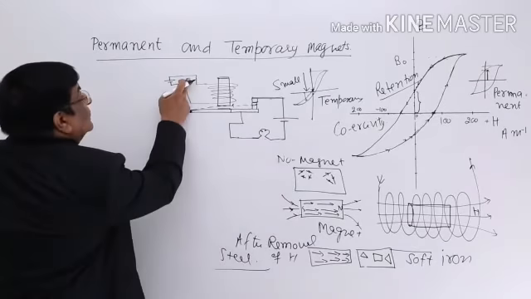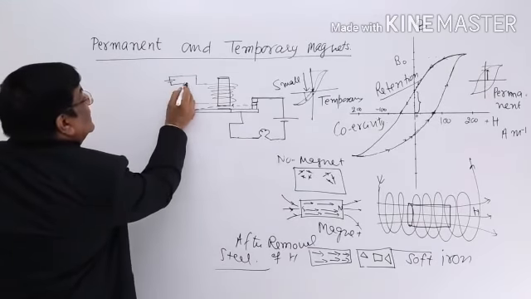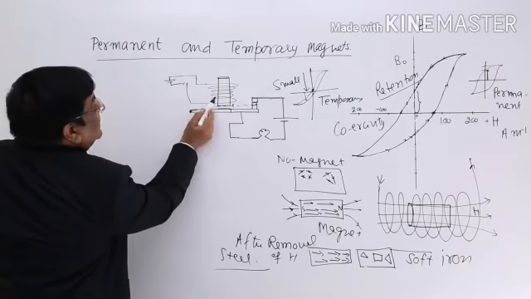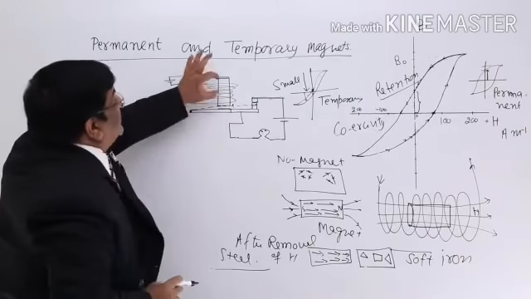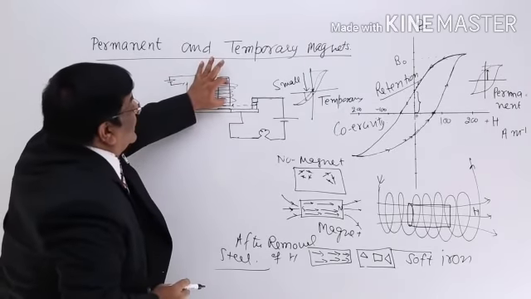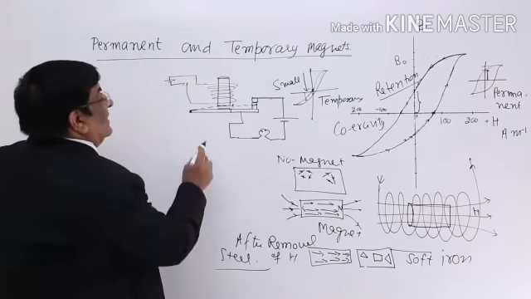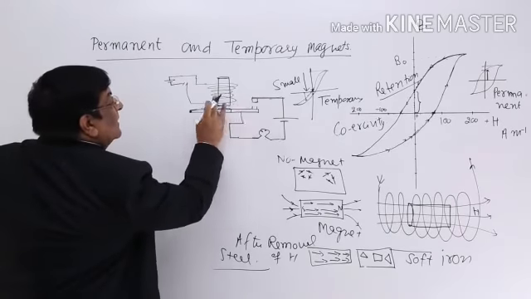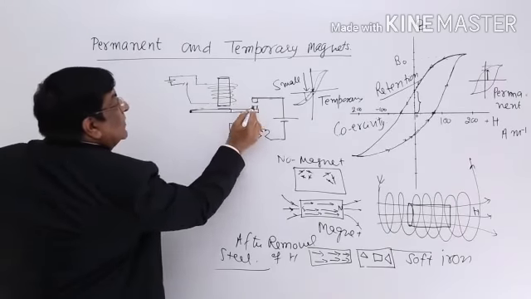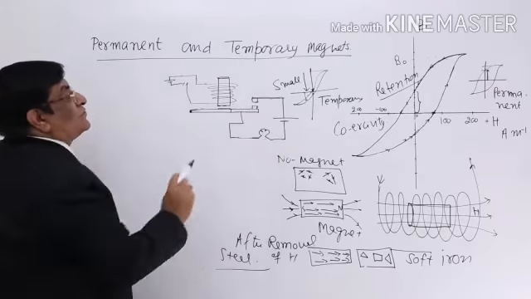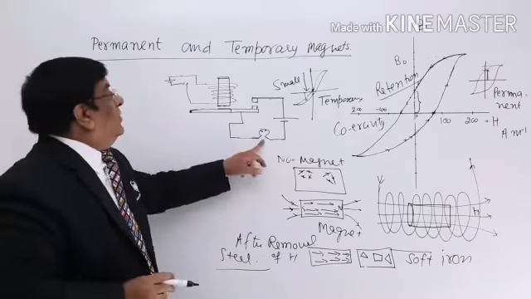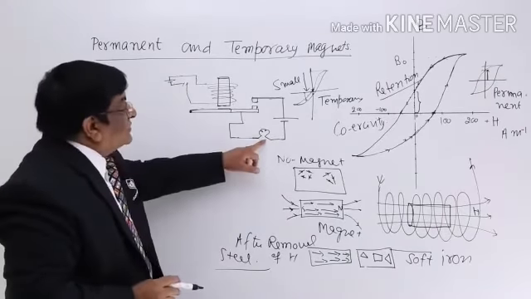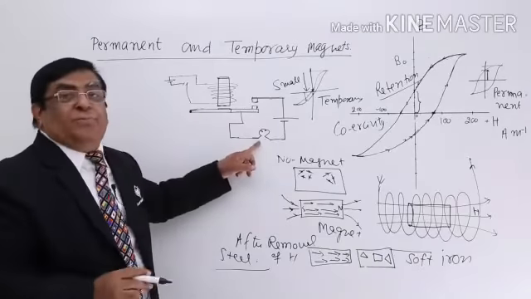Now I switch it off from here. When I switch it off, there is no current here. This is not a magnet now. Because of its weight, it comes down, and when it comes down, it is not in contact, so the motor stops. So this is my switch to start this motor and to stop this motor.